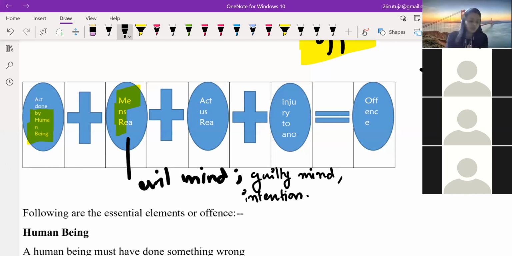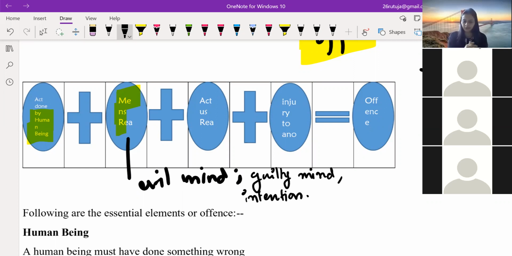तो मेंस रिया वाला पॉइंट वहां पे satisfy नहीं होता है. So in order to be an offense, there must always be a guilty mind, that is a mind at fault. आपने गलत इंटेंशन से शुरुआत की है, वो एक ऑफेंस है और उसके लिए आपको पनिशमेंट होनी ही चाहिए. But something which you have done in self defense will not be punished. Okay, that is considered, वो quite reasonable है ना.